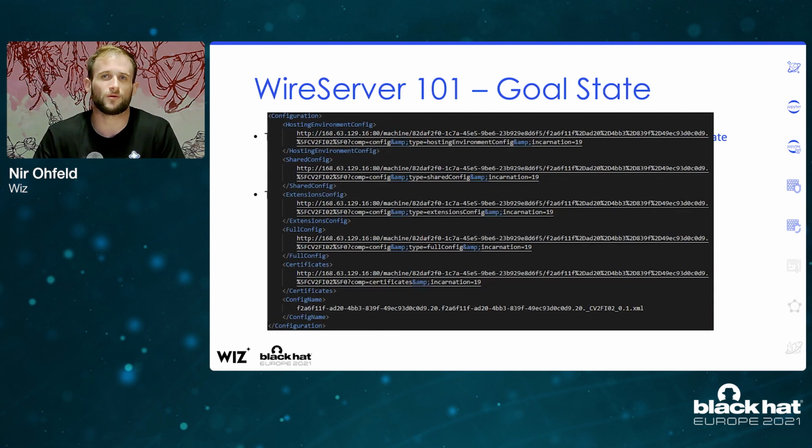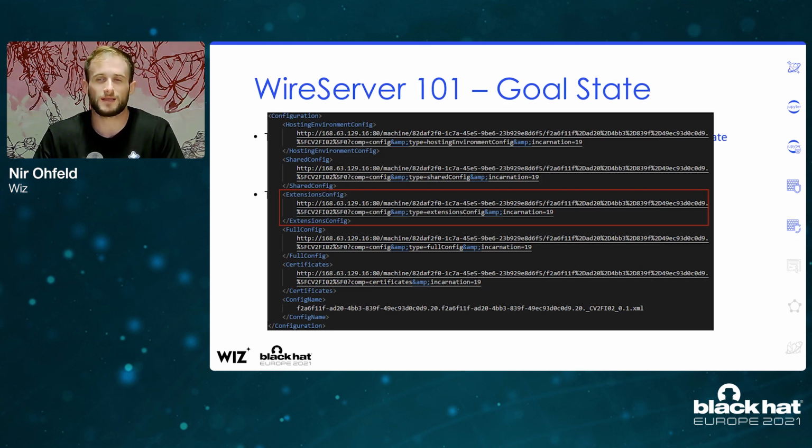And here you can see the goal state we fetched executing the curl command on our own Linux virtual machine we set up for testing. Here you can see that it contains a bunch of different URLs, but the URL we care about is the extension configuration URL, which holds all the information about the virtual machine extensions. We were initially forbidden from accessing the WireServer because of the local firewall rules, but now we can start fetching